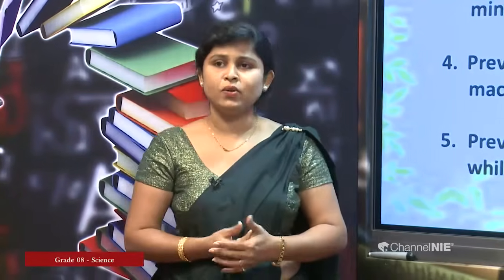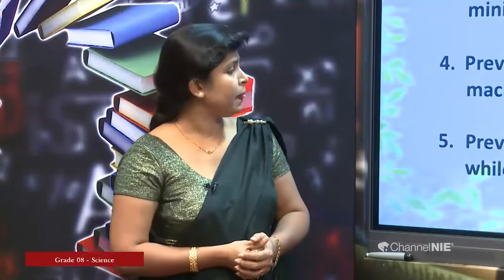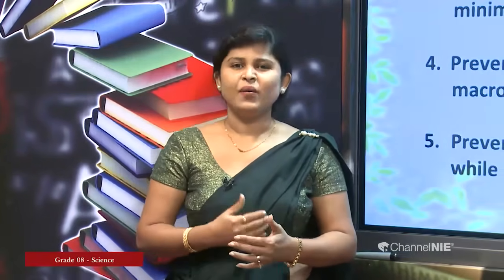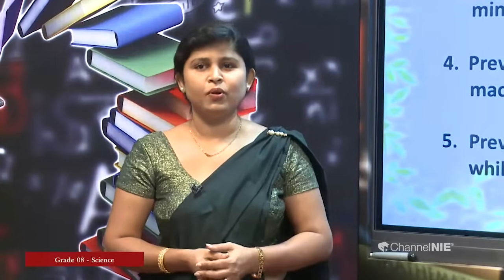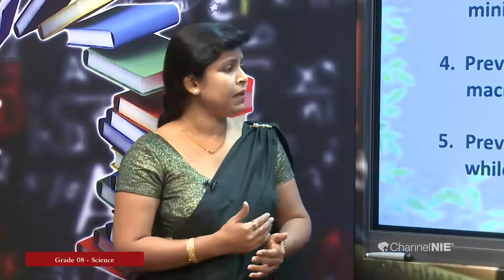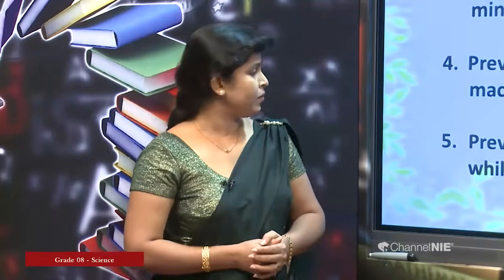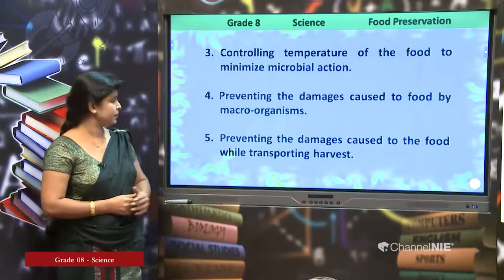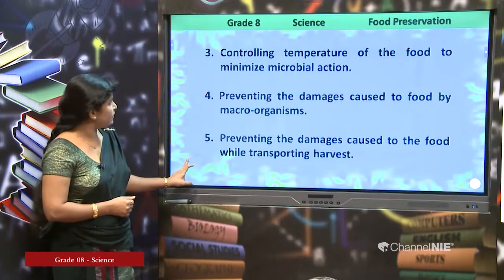If we can avoid those damages, we can preserve the food items, because we know that microorganisms readily grow. They like to grow on damaged food. So, if we can prevent the damages caused to the food while transport in the harvest, we can preserve the food items. I think you got the idea,